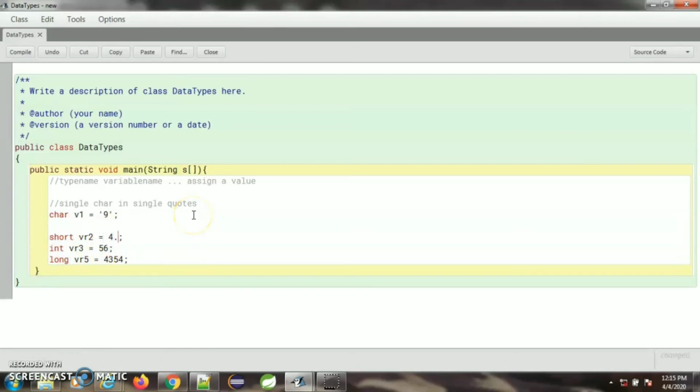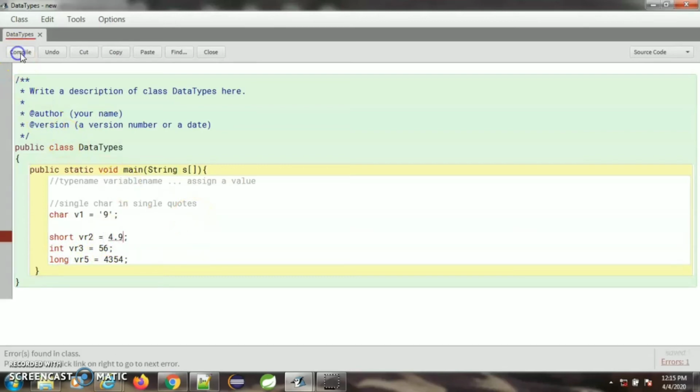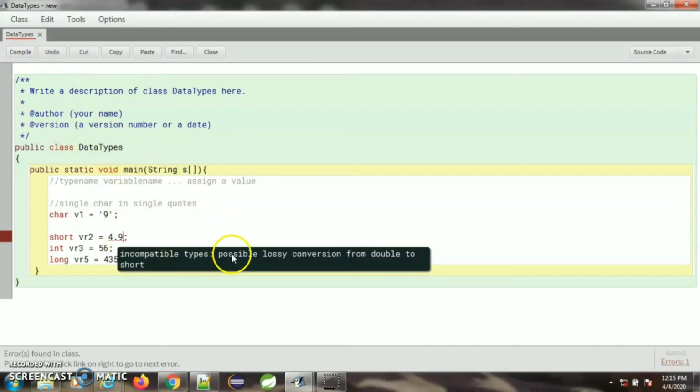If I try to store, suppose, a decimal, I'll be getting an error. Okay, so this is double to short. So double we will be discussing, but just see that now it is a value of data type double and it cannot be assigned to short, as we have seen in the case here. String with double quotes cannot be assigned to char. So if you give a value as decimal, it will be treated as of type double, and this cannot be assigned from double to short. We cannot convert this decimal value of type double to short.